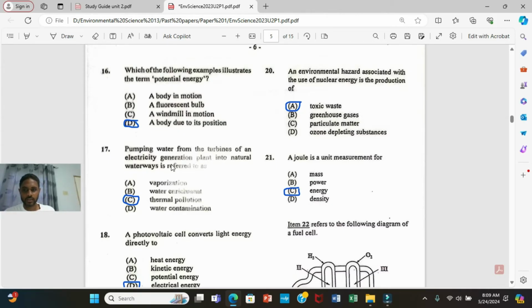Now you pump that water into the natural waterways. Those water temperatures will change. It will get hot, or warmer than usual, and that now is referred to as thermal pollution. Number 18,